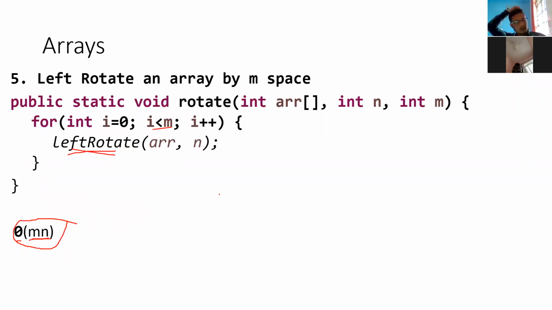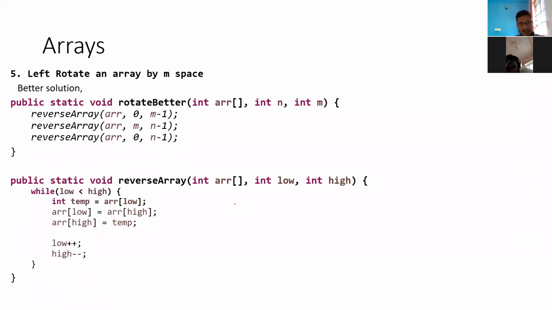So what you can do is always take a temporary array, and that also is feasible, but if the array size is greater, it matters. So far I did not discuss the space complexity. Here space complexity also matters, because you need a temporary array. Instead of doing that, there is one trick. We can do a smaller trick here.